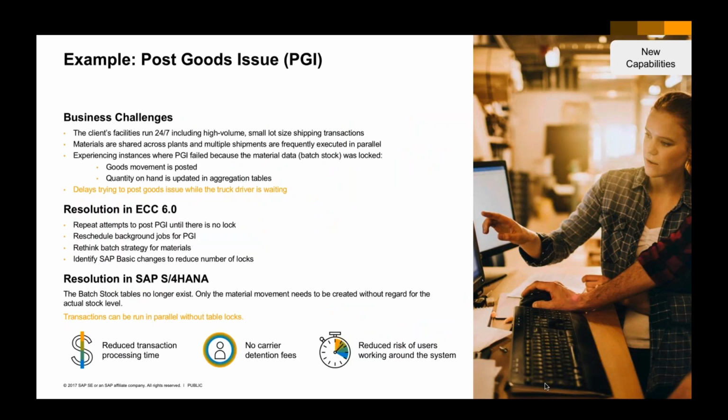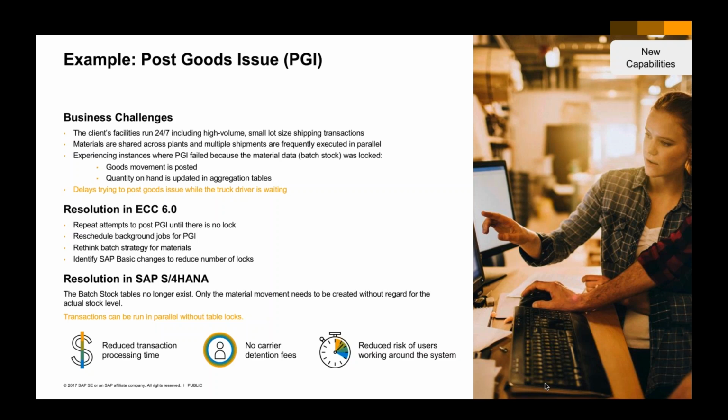Another example goes back to the inventory situation I showed you earlier. What if I could take 26 inventory tables and reduce them to one? Well, imagine then a PGI process. This is a situation where you've loaded a bunch of inventory onto a truck and it's going to be shipped out to your customers. So before you can let that truck go, you need to account for the stock that was put on the truck. Now, this has been a notorious problem in older versions of ERP, including SAP's older version of ECC 6,